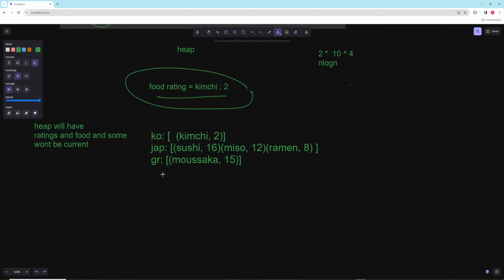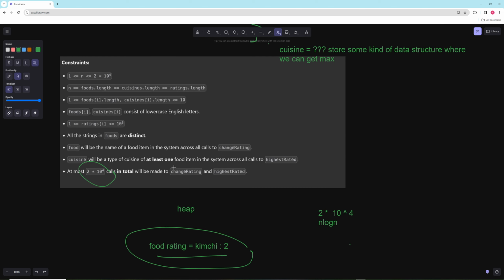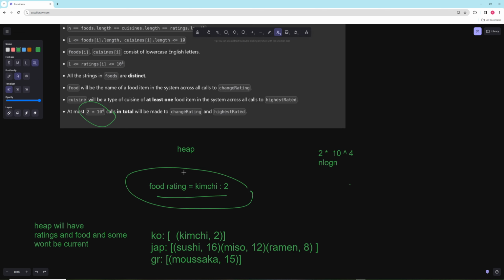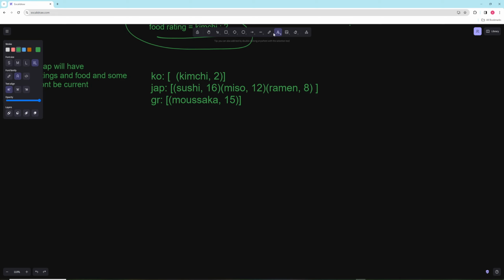So, like I said, we'll have three things. We'll have a food with a rating. We'll have a food with a cuisine. And then we'll have a cuisines heap where the items will have a rating and a name. Now we also have to take care of something particular to Python. In other languages you can make a custom comparator. There are a few ways to do it in Python, but because Python only has a min heap, the way we want our things sorted is